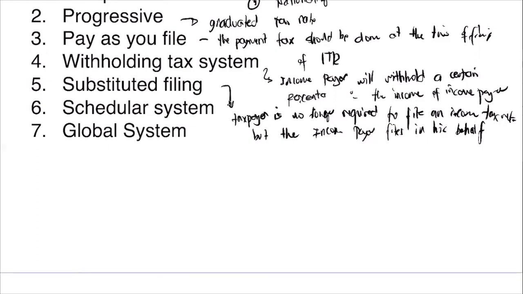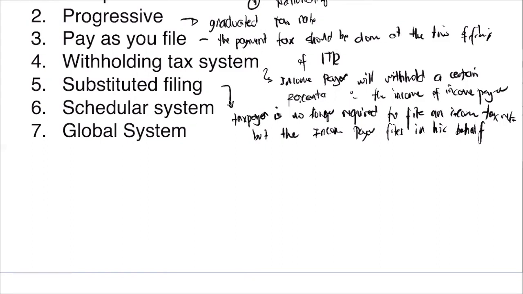Sir, sabi nyo kanina, pay as you file. O sabi ko nga, pay as you file. That is as to the filing itself. So pag nag-file ka, magbabayad ka. Gets? Kung sino yung nag-file, siya yung magbabayad. Pero sir, sabi nyo pa rin kanina, direct. Kasi nga, sabi pa rin natin, kahit sino man yung nag-file niyan, kung sino pa rin yung pinaka nag-earn ng income, siya pa rin naman yung magbabayad. So please, sana hindi kayo malito sa direct, sa pay as you file, at saka substituted filing.